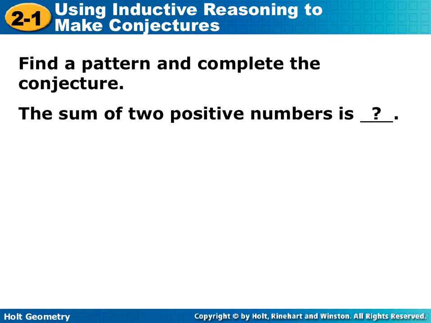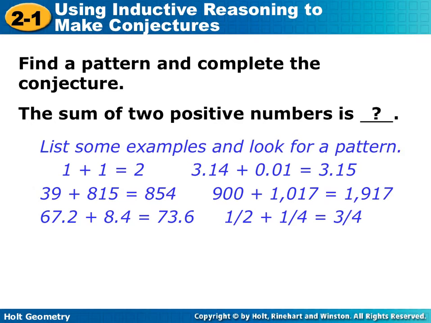Can you do decimals, fractions? So don't limit yourself to just one type of number as you're trying to do the examples. So I came up with a whole bunch. Got some integers, some decimals, I even threw in some fractions. Now what I'm going to try and do is fill in the blank to describe the pattern, to complete the conjecture. I think that the sum of 2 positive numbers is,